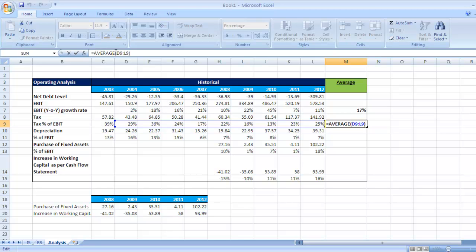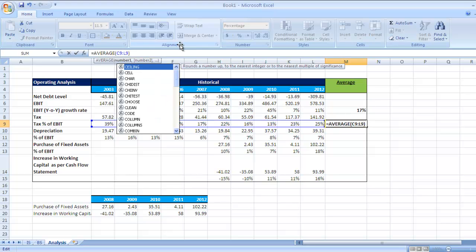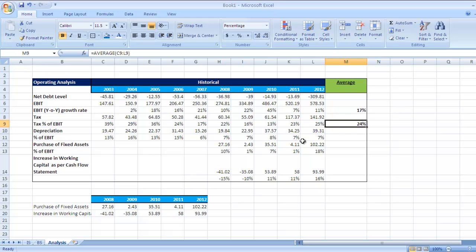So instead of D9, it has to be C9. Now you can see it's inclusive from C9 to L9, and now press enter. So here 24% is the average for the last 10 years at tax.